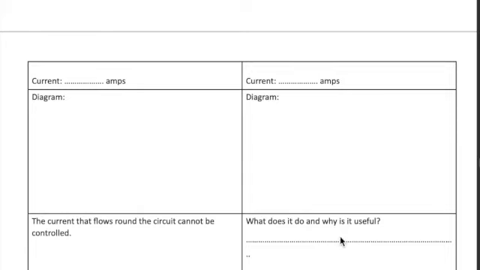So I'm not going to tell you that. You need to think about what happens when you add the resistor, and if you're struggling, you can use the glossary to help you. So look up what resistor means in the glossary if you get really stuck, okay? But do try and just work it out from what the experiment shows you first of all, right? Once you have done that,